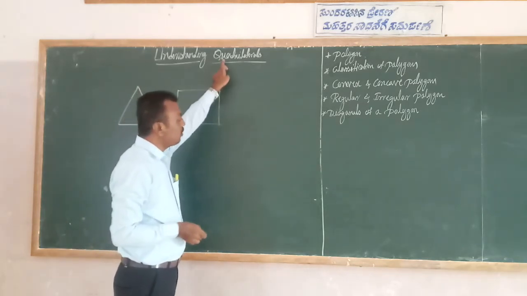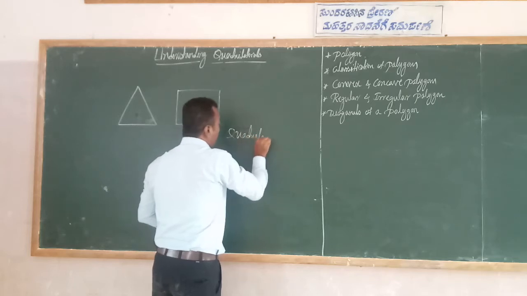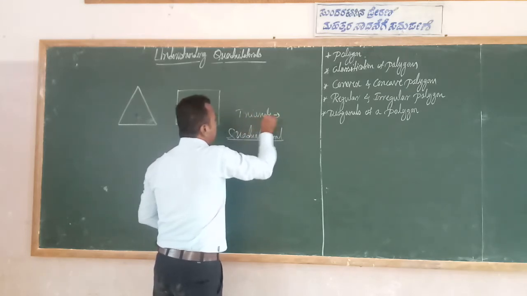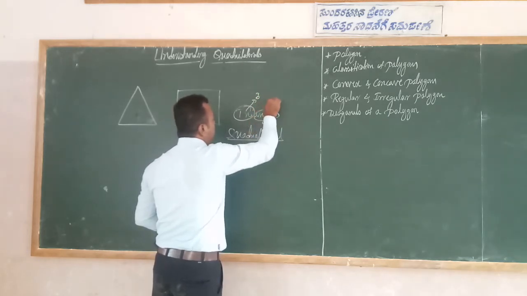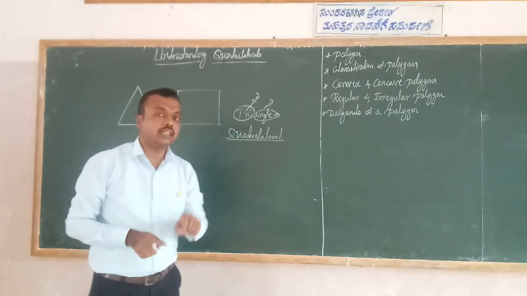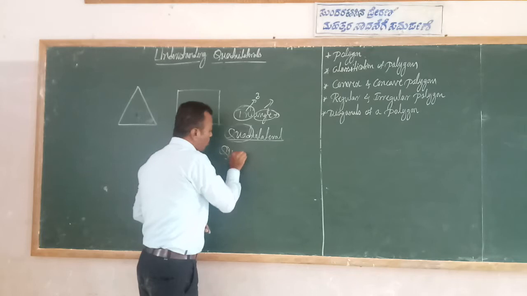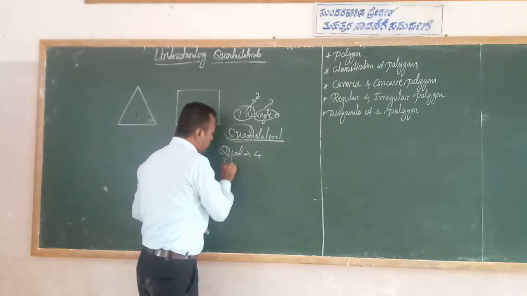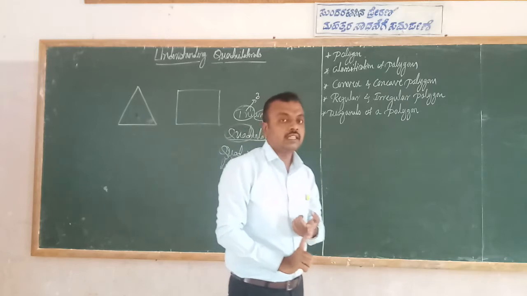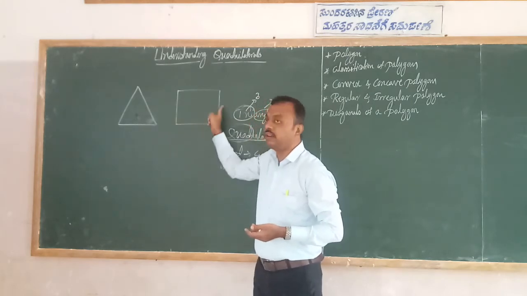See students, quad means four. The word indicates it. Before this, the triangle: tri means three. The figure having three angles and three sides is called a triangle. Here, quadrilateral: quad means four, lateral means side. So a figure having four sides and four angles, a closed figure bounded by four linear line segments,